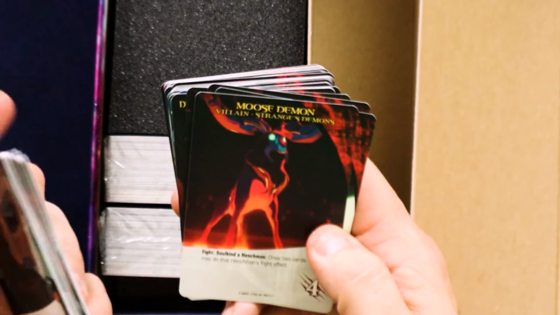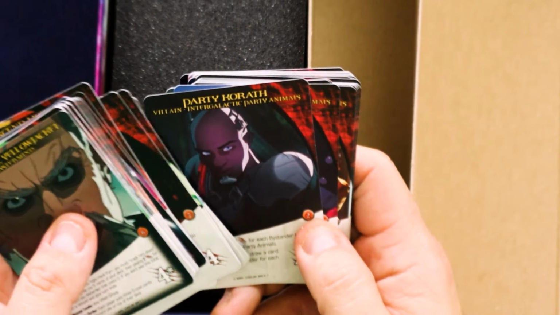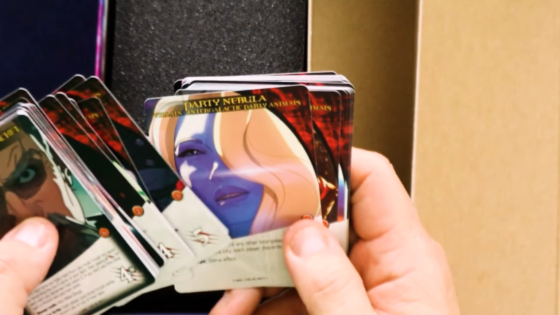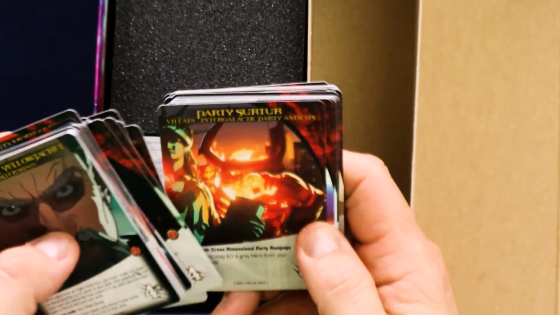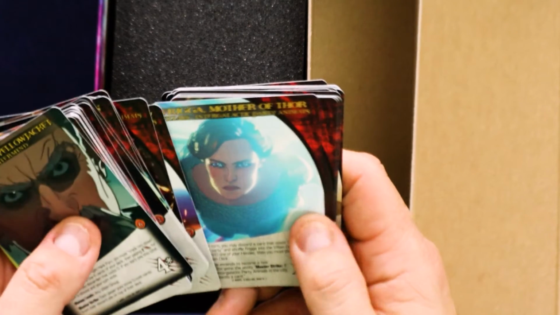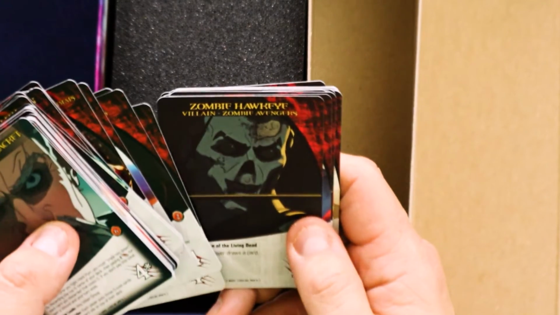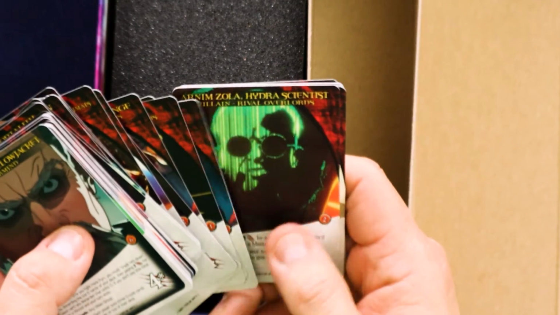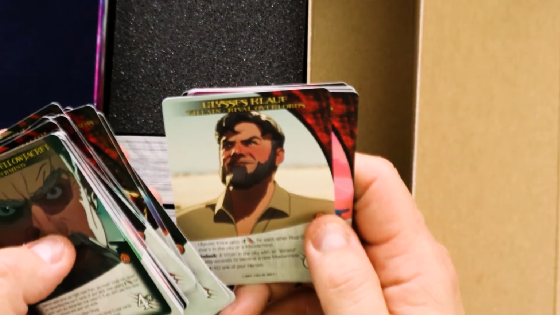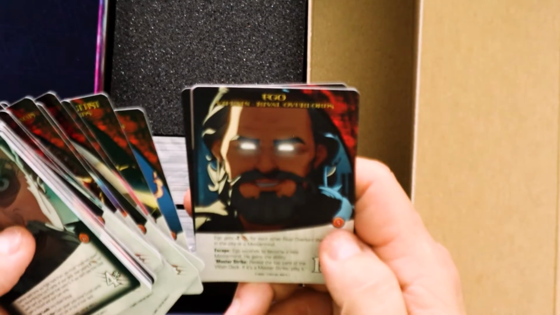Okay, and then we have just like the villain types. So we have Strangest Demons. It's a variety of those. Intergalactic Party Animals. That's great. Party Korg, Party Nebula, Party Surtur, and Captain Marvel, end of the party. It's funny. All right. Frigga, Mother of Thor. Oh, we have Zombie Avengers, Zombie Wong, Zombie Wasp, Zombie Hawkeye, Zombie Doctor Strange. Kind of the same people again. Iron Man. Arnim Zola, Hydra Scientist. We have the Rival Overlord, so Ulysses Claw, Yondu, Red Skull, Hydra Occultist, Loki, Ego,